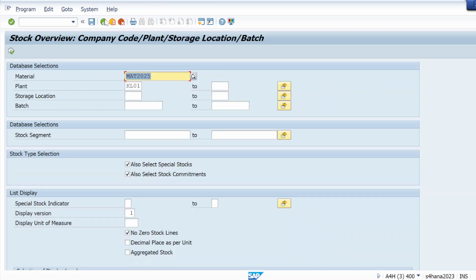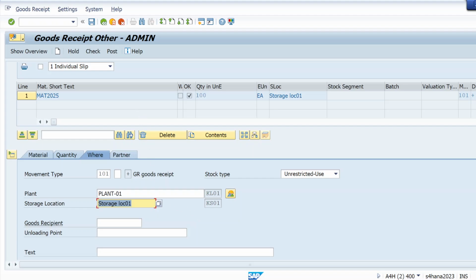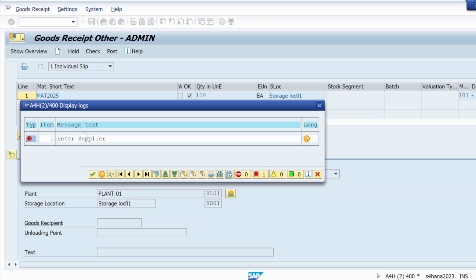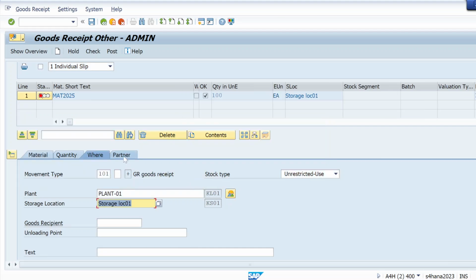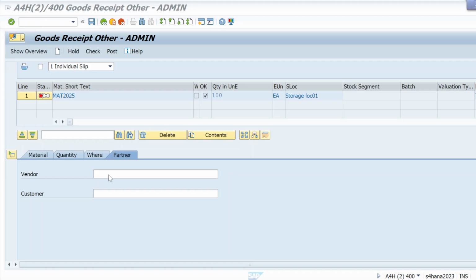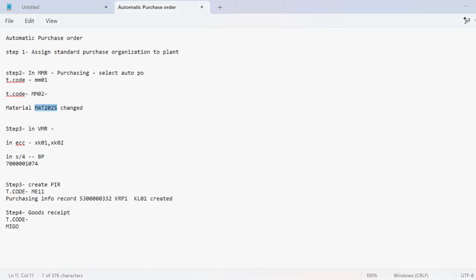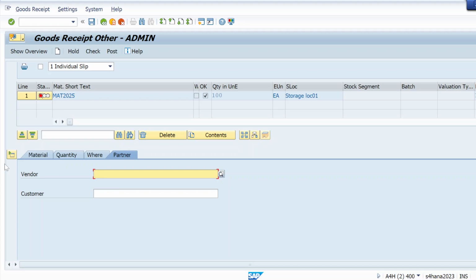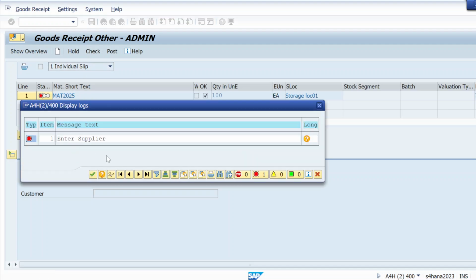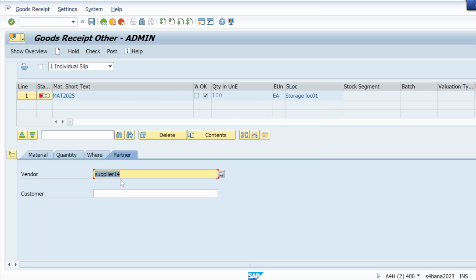So just go back and check. Enter supplier. Here is the supplier number we need to maintain. Copy and paste, hit enter, check. Enter supplier.